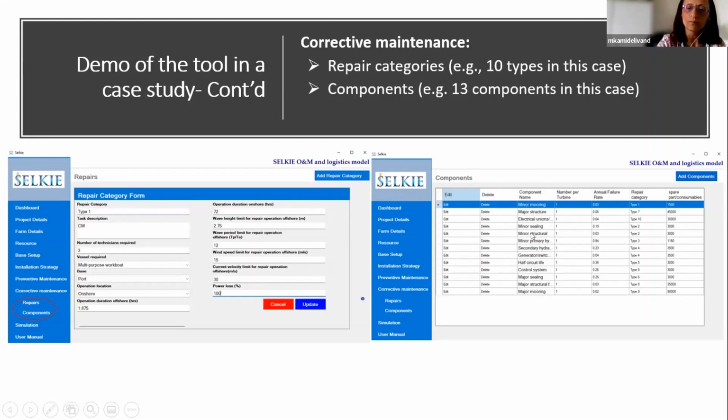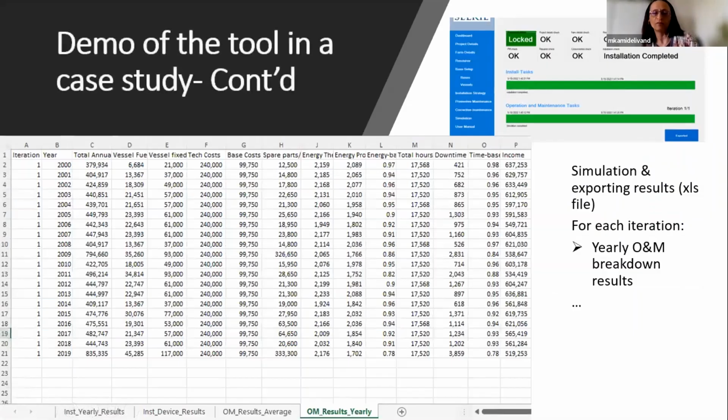When all these inputs have been inserted into the model, the tool is ready to start the simulation. First, the model simulates the installation. If the installation is successful, then the operation and maintenance will be simulated. Here we run the model only for one iteration, and the results can be exported as an Excel file